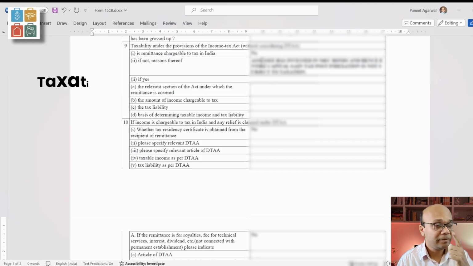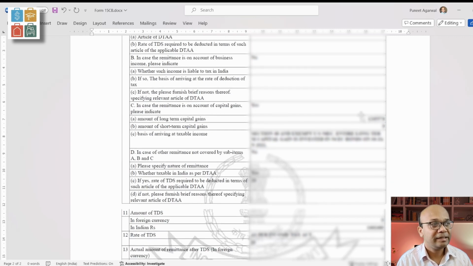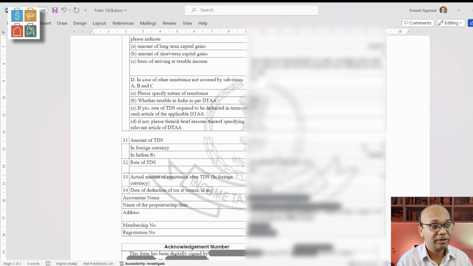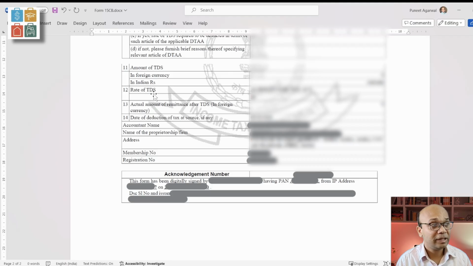So in this example, we have got a notation from the chartered accountant that the person has already invested in tax-free bonds and no further tax is required, and hence the money is fully taxed, right? And then there are other sections as well. Towards the end, it will tell how much money can be considered for moving outside the country and under what section of the Income Tax Act tax has been deducted. So that is where numbers 11, 12 and 13 come into play.